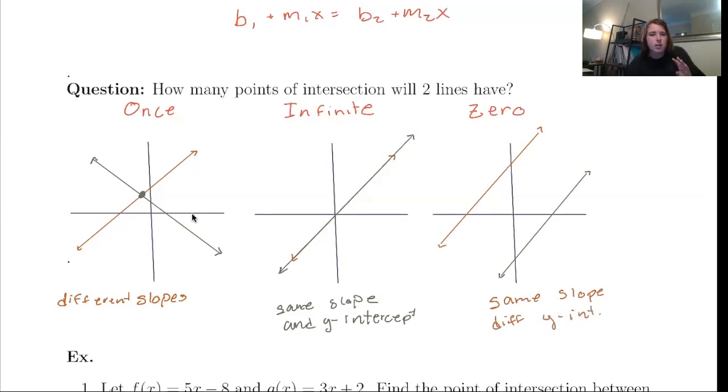Someone told me 3, which I thought was interesting, because I don't know if they meant there were 3 options or if they just meant it could intersect 3 times. So intersect once is what we're going to think about most often, just 2 arbitrary lines. But then I have the option where they're parallel and never going to intersect. And I have the option that they're parallel and have the same y-intercept, which happens just to mean they're